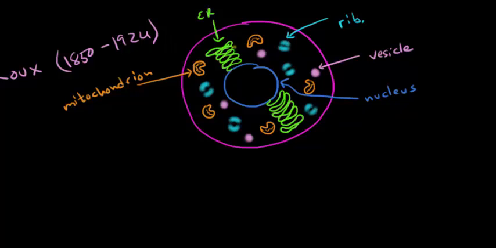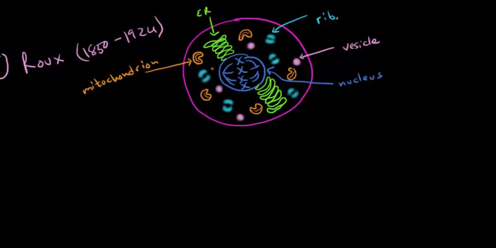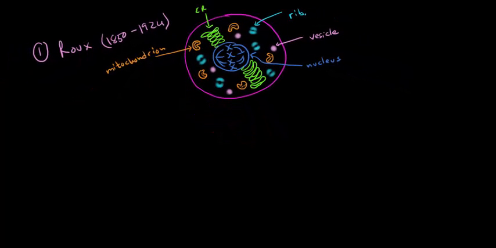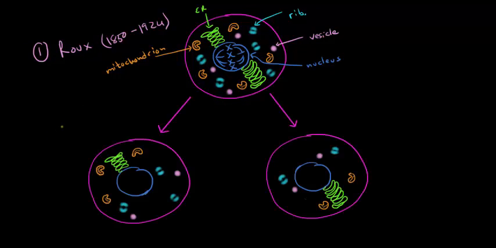And we're going to say that this cell is undergoing mitosis right now. So I'm going to draw the chromosomes like that in the center. I'm going to draw 4 chromosomes. And I'm also going to draw the mitotic spindle, which will help to separate the chromosomes into the two cells that are being formed. And what Roux noticed was that when the cell divided,